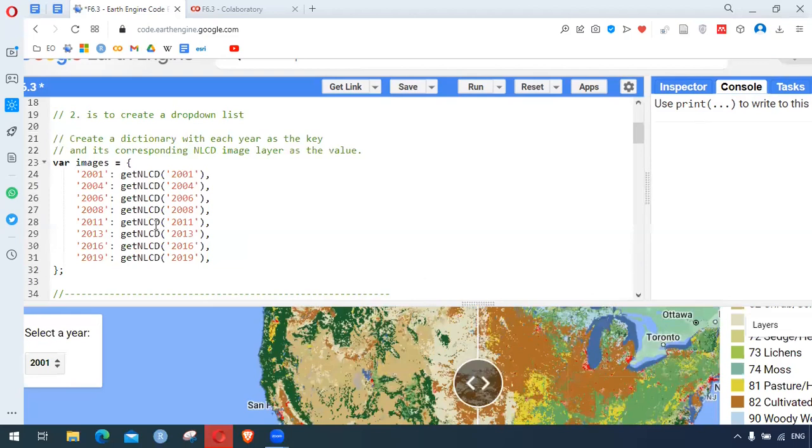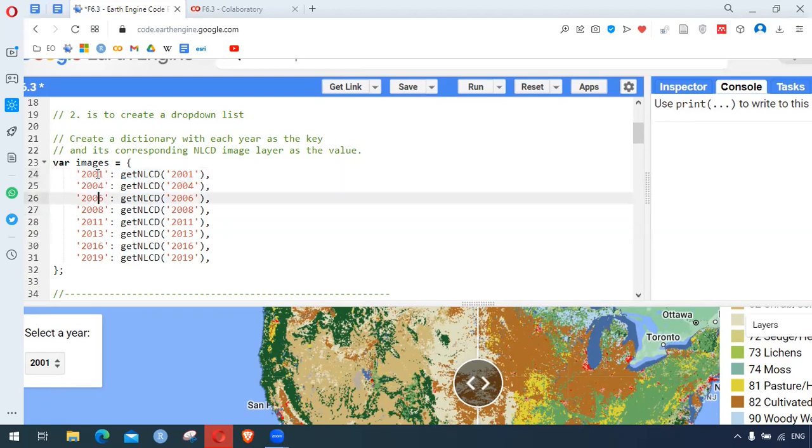So for example, here we have 2001, and this will contain the other thing here. So these things are combined as the key and the value. So this key will contain some values. So this is the way of creating a dictionary, and in this case we have our string